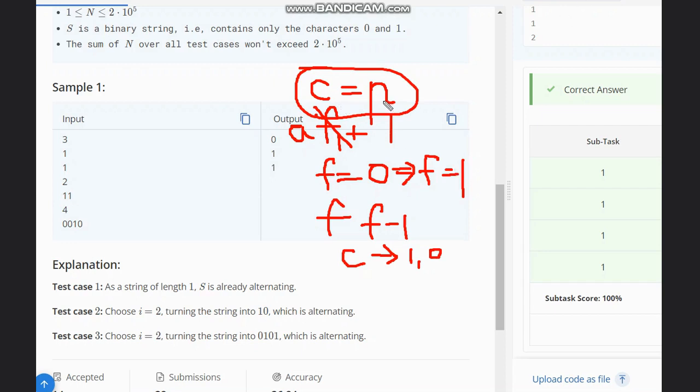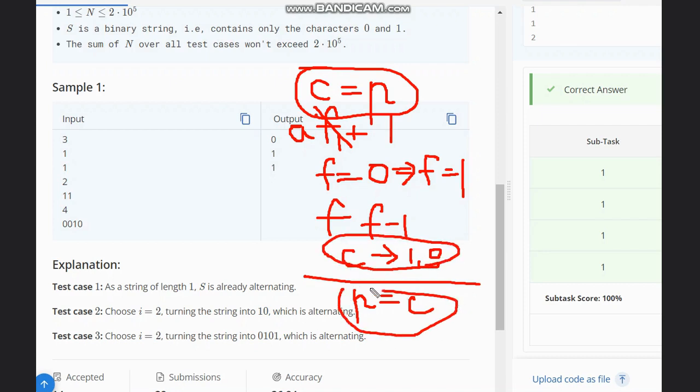Now in case this character is not equal to previous, then in the else block you can directly update the previous to this character. So here what we did: if the character is equal to previous, then if the character is 0, previous will be 1, and if the character is 1, previous will be 0. So this condition is done. Else previous is equal to the current character. Now again you will go for the next character.